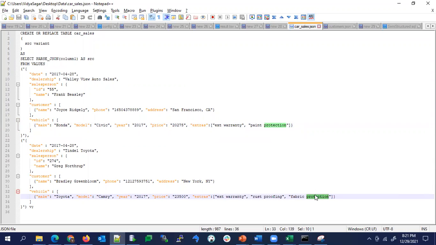If you are parsing a big file, we are not sure how many values it will get. In that case, if you give recursive, it will go till the end of the length of that array, parse that query, and fetch the result. Basically, we need to print all the values without missing. So if you give recursive, it will check all the values and give them.